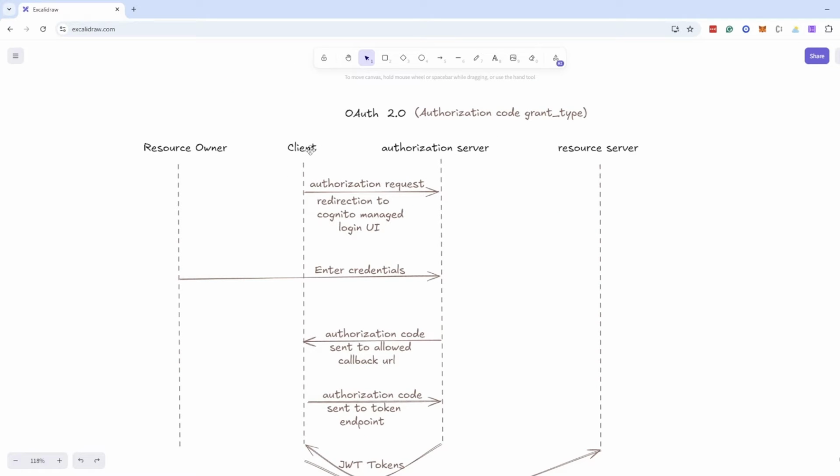So what happens here is that the client, let's suppose our client is a React application, will initiate an authorization request and redirect to the authorization server, which is the Cognito managed login UI. In that UI, the resource owner or user will enter the credentials, username and password. After successfully entering the correct username and password, the authorization server will return back to the callback URL with an authorization code in